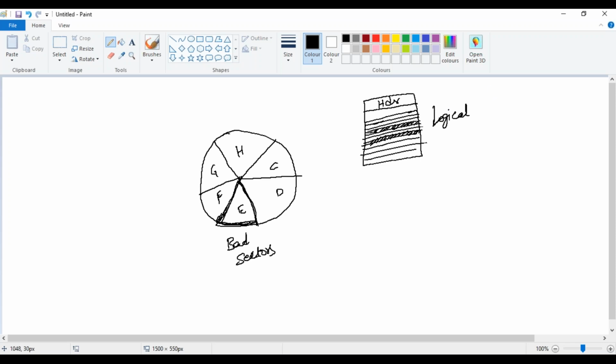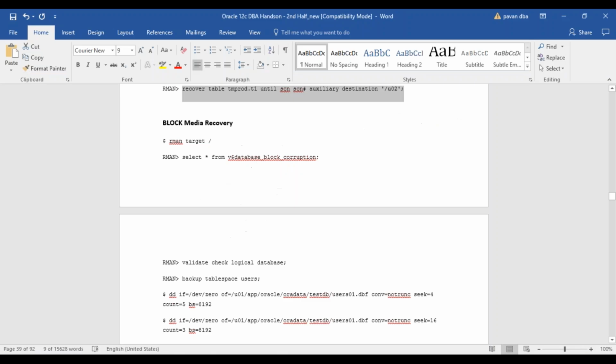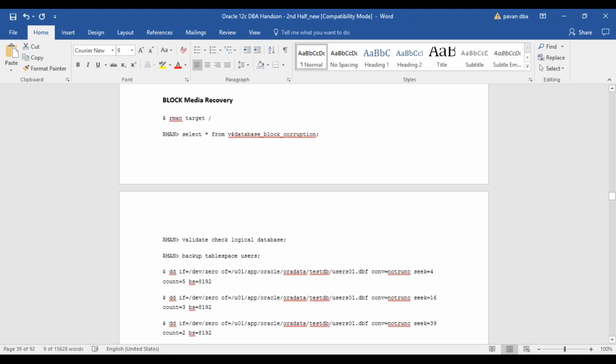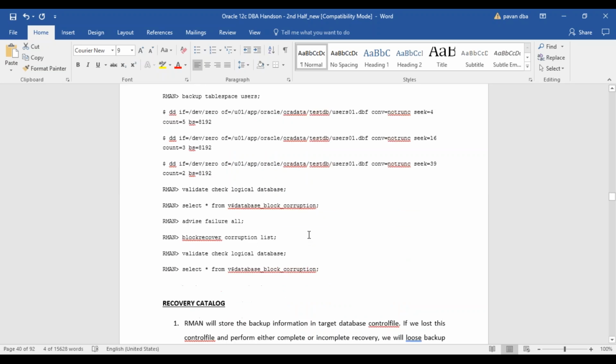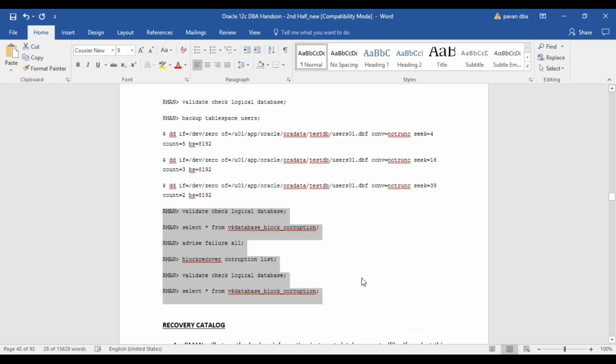So in this kind of situation, how are we going to recover it? Either it is a physical corruption or a logical corruption, the steps would be the same. If we run into that kind of situation, we will be able to recover the things with the help of RMAN commands like this. But well before going further,